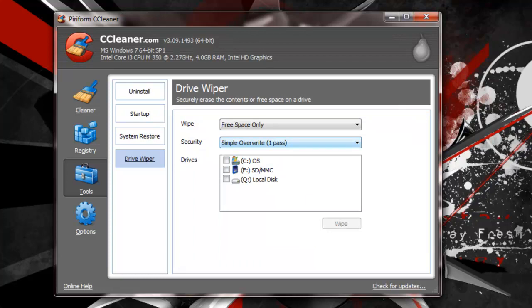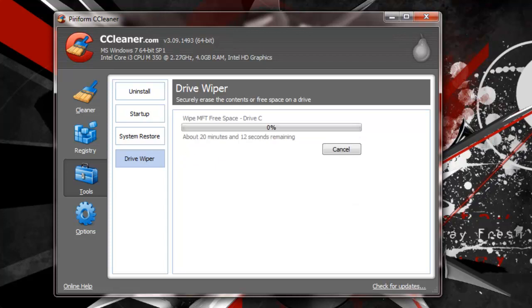Now, with maintenance, there's also defragmenting. That's what Drive Wiper basically is. This is also available on Windows, but it's a lot more complicated. So what you do is you pick your drives. This right here is my main operating system. And so what you would do is you click Wipe, and then it's going over